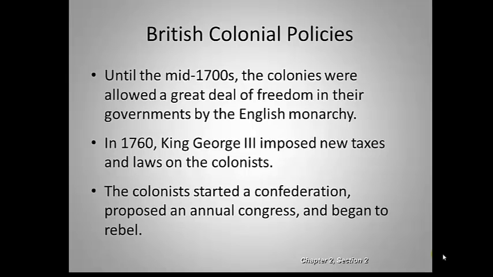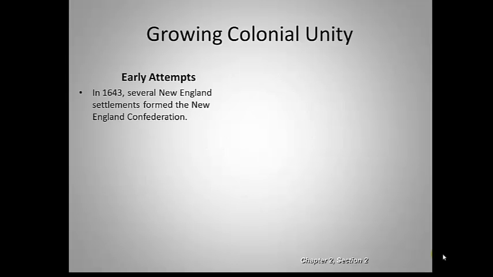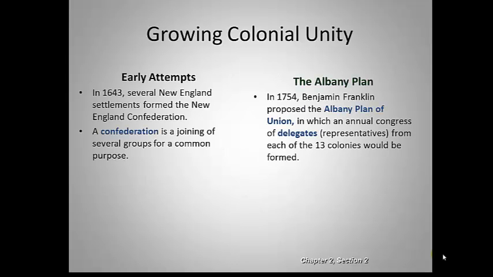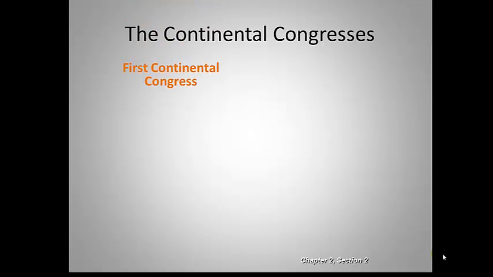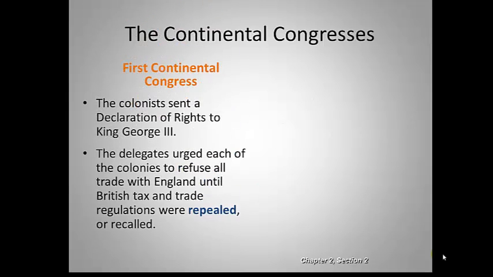The Boston Massacre, the Boston Tea Party, all of those events. There's a couple of good pages in the textbook and a section that talks about all of those things that led up to the Revolution. And then you get the Revolution, and we win the Revolution, and then you get the Articles of Confederation. So we're going to skip through this.